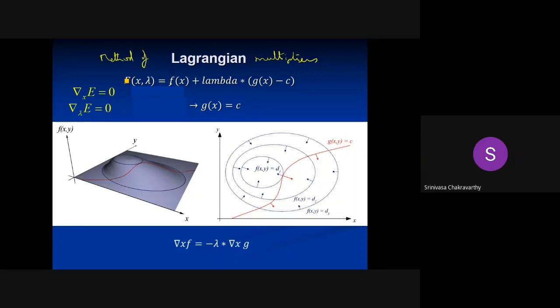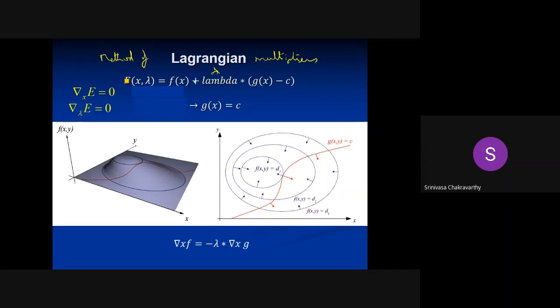So if the original function which we need to optimize is f of x, then we define a new, expanded cost function. We'll call it e of x, and there's an additional parameter called lambda which comes in. So f of x plus lambda times the constraint that I'm given, g of x equal to c. That constraint is now written in the form of something equal to 0. So I write it as g of x minus c, and this becomes an additional component to this function. So once I have this